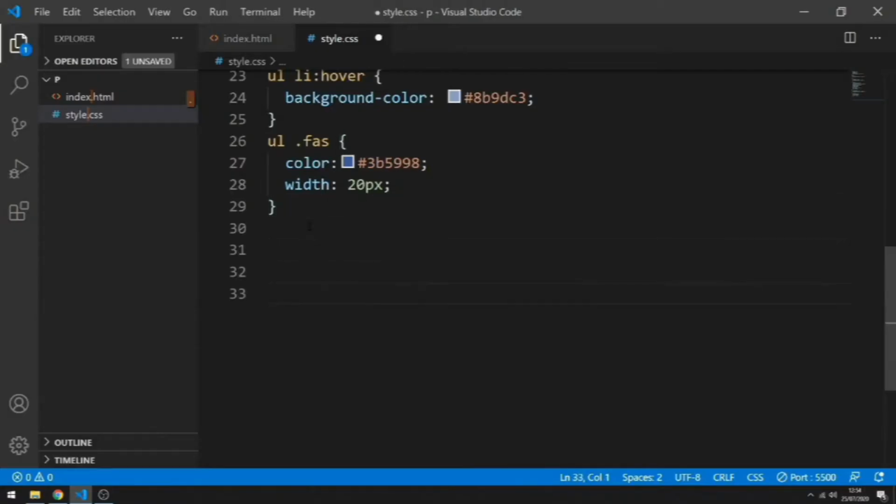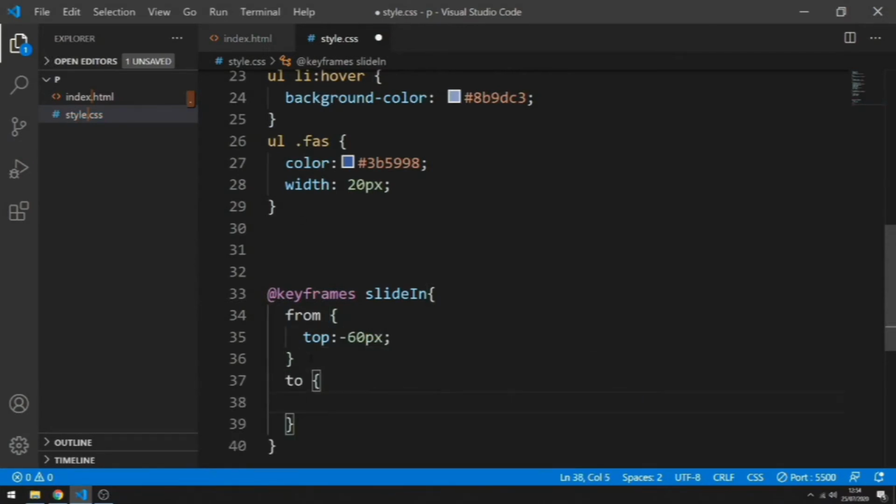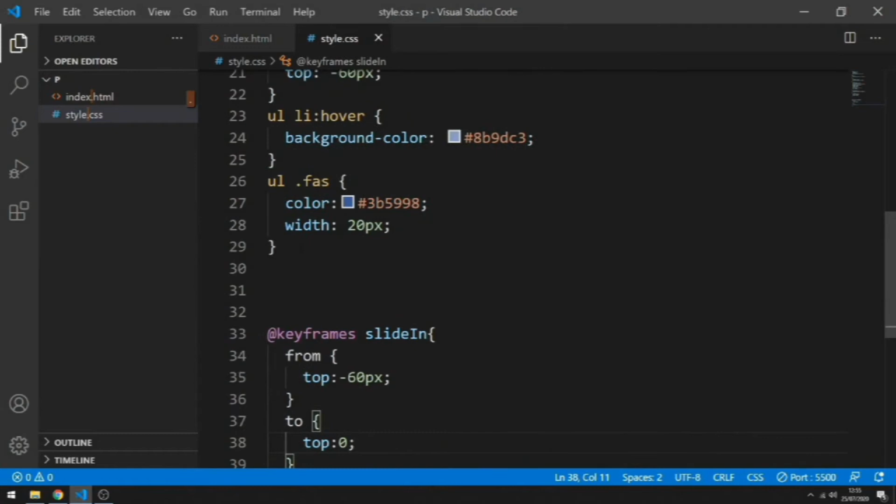Now let's create the animation using keyframes. We're gonna name it slide in. It will start from a position of top minus 60 pixels and end in a top of 0 pixels, and that is the original position of the LI. You notice that the LIs slide in one after another. So to do that,